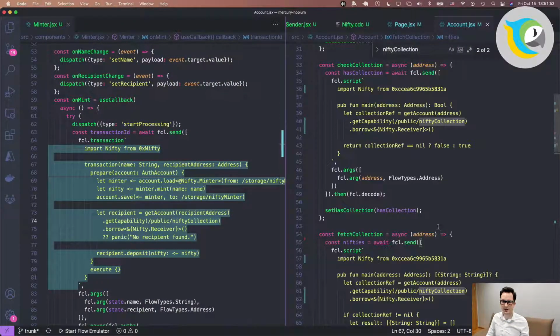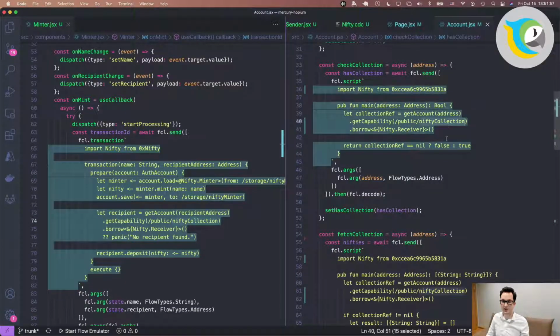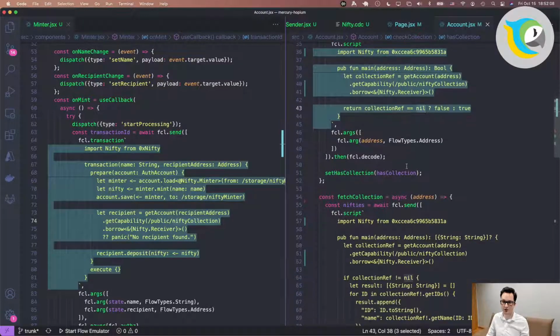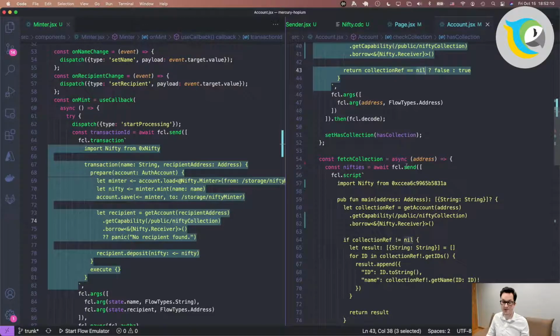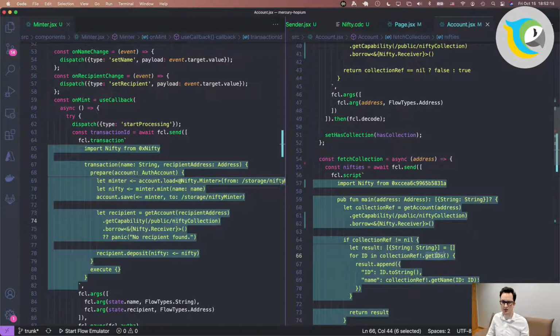If Nifty collection is nil, then this is going to return false, and if it's not nil, it's going to return true. So that part is fine. I have a collection. Now, get IDs must be returning an empty array.